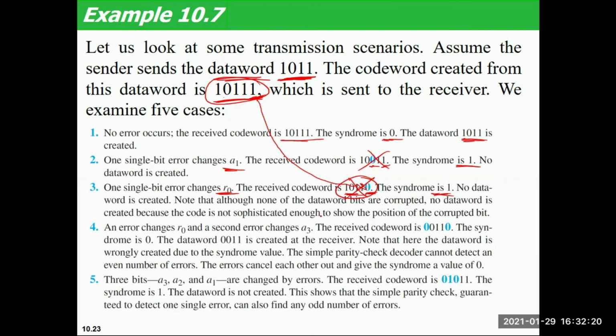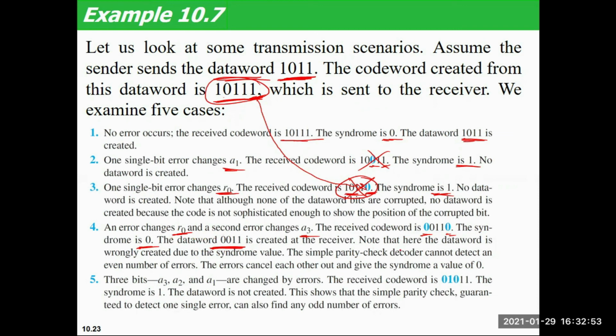Let's take another case where R0 and A3 are changed. In place of 1, here you are getting 0. In place of 1, here you are getting 0. This 0 means it will check whether the number of ones is even or not. The number of ones is even, so the syndrome value will be 0 and the data word will get extracted. In this case, the data word extracted is 0011.